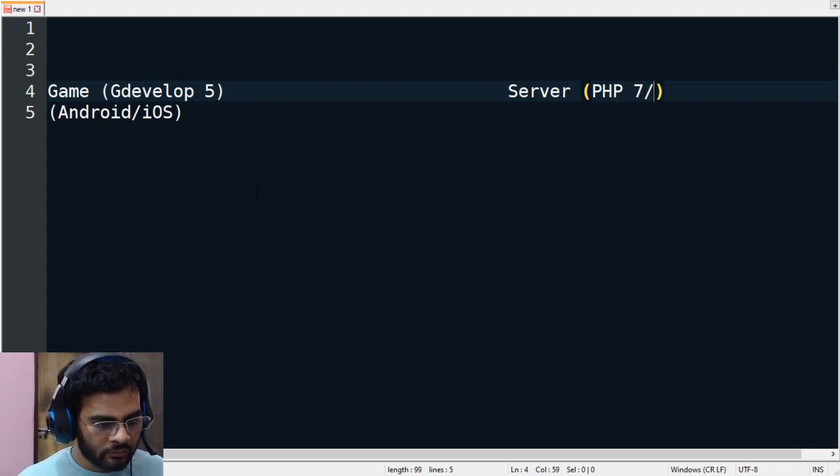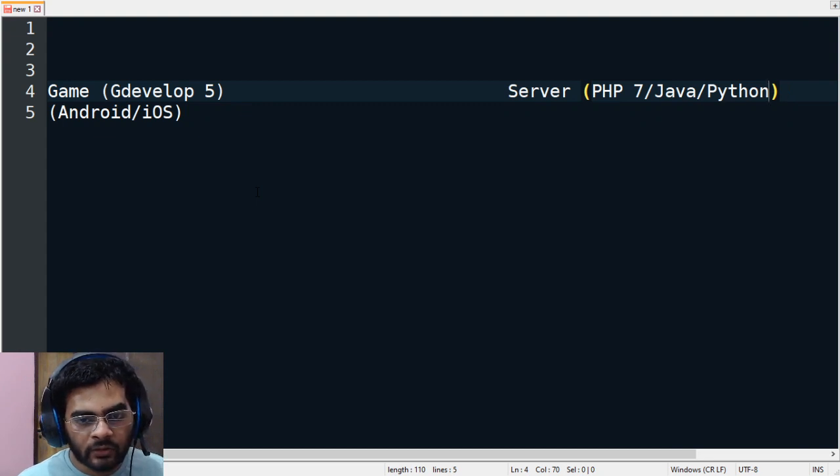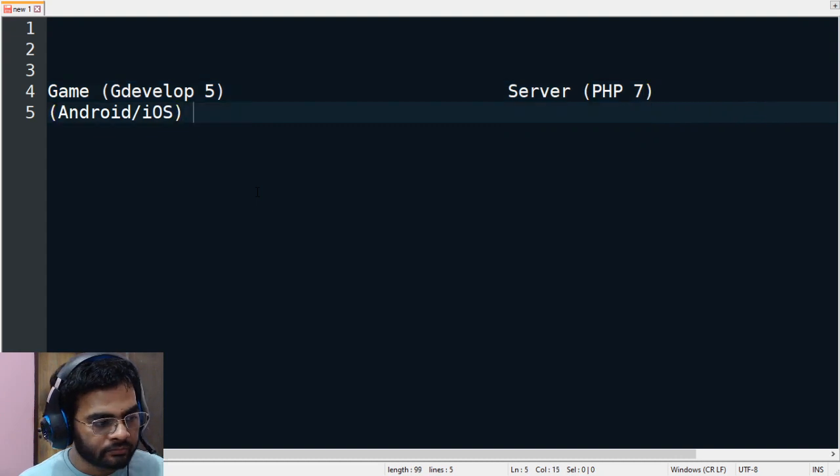You can also use, I guess, Java, Python. You can use any language to do server side scripting, but I will be using PHP. And all the code of the server will live in a server, right? It will be online,